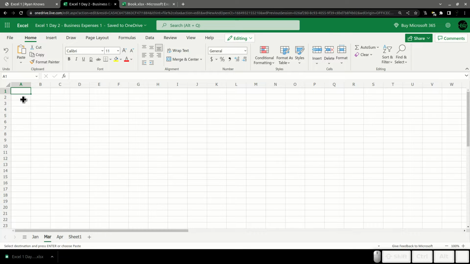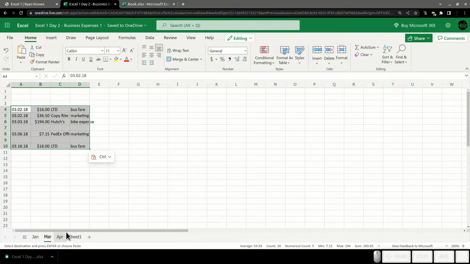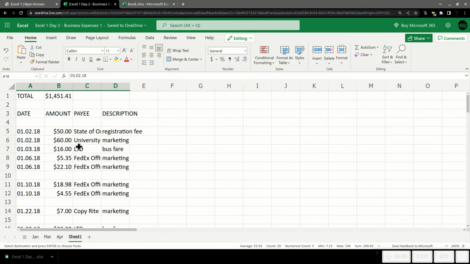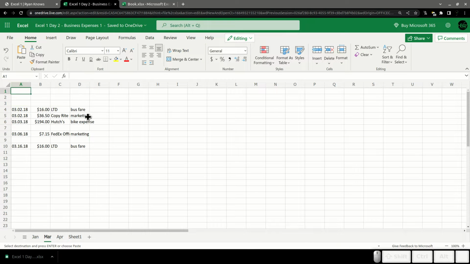oh, you know what I'm going to need? I'm going to need my headers. So I'm clicking down the second row here. Actually, header, fourth row right there. I'm going to paste them right there. I'm going to do the same thing up here, highlight all of this, Control C, go over to March, go to the upper cell there, Control V, and paste it. So I got the headings, and I also got my total here.